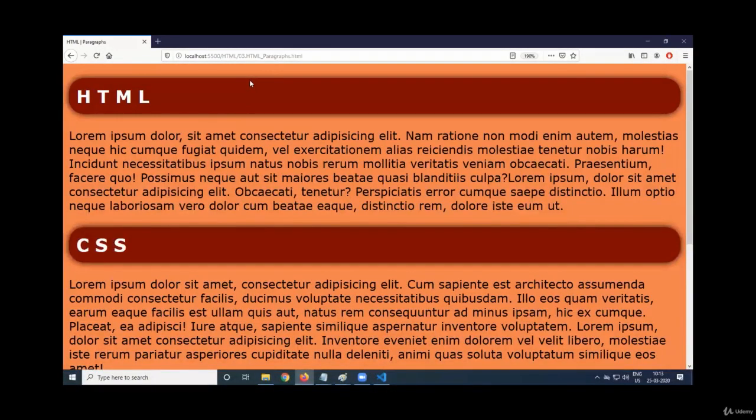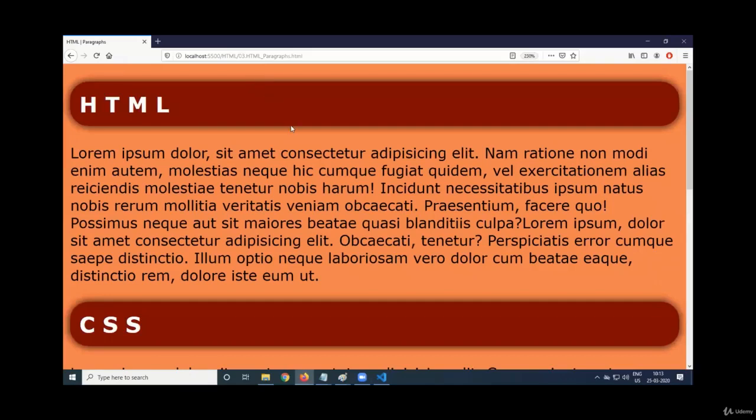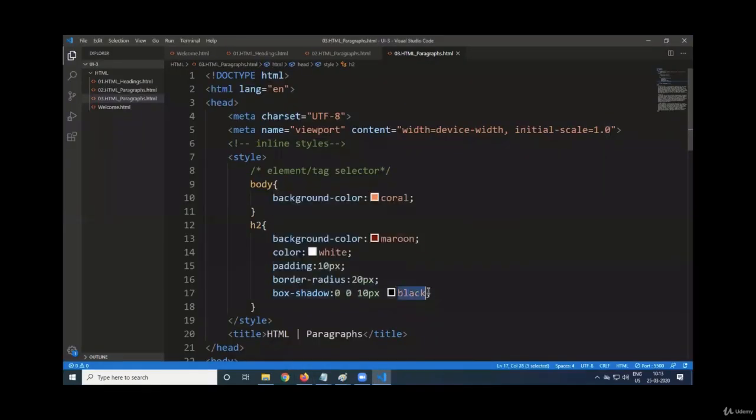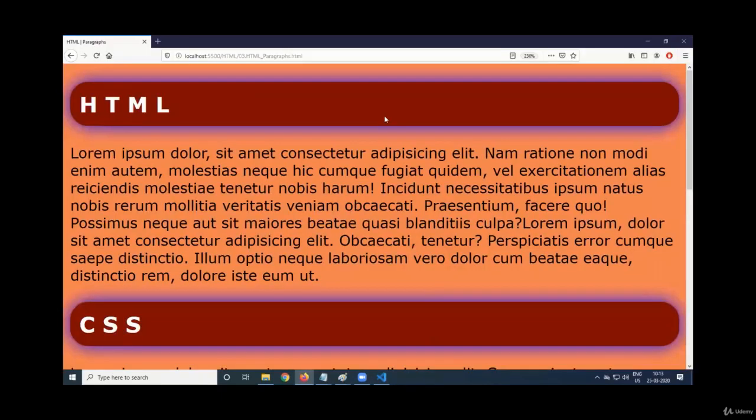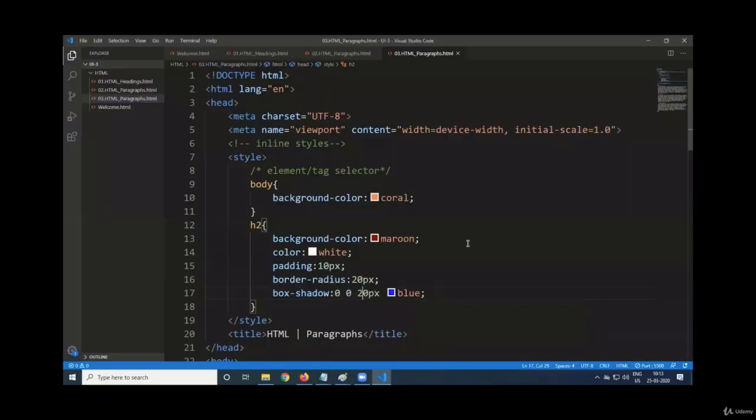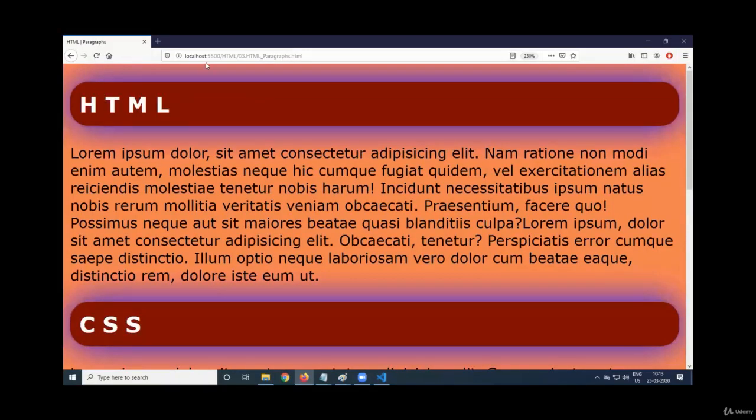Have you seen here some red color? So let's change the color of that. I'll change the color of this one to blue. And we will give a 20 pixel blur effect. Have you seen? On the side of that, 20 pixel radius, blue color is coming. Now I'll say 40 pixel area, blue color, a blur effect is coming.